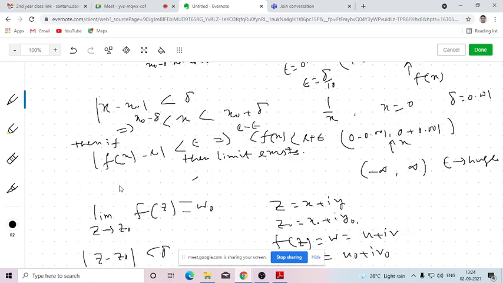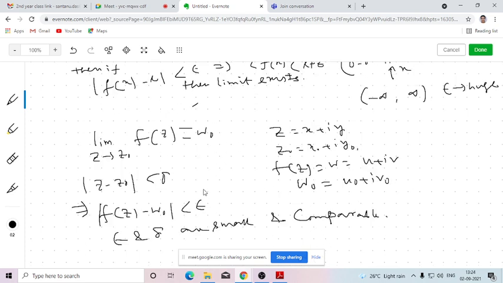Now here we are varying the value of x such that |x minus x0| is less than delta. So geometrically it represents the interval around the point x0 of length delta. If the functional value lies here, then we will say that the limit exists. But here the independent variable is a complex number z. So if |z minus z0| is less than delta, then we will say that the limit exists. But you know that in the case of complex numbers, the number of dependent variables is 2 and the number of independent variables is also 2. So we can't represent all four variables in a single frame.